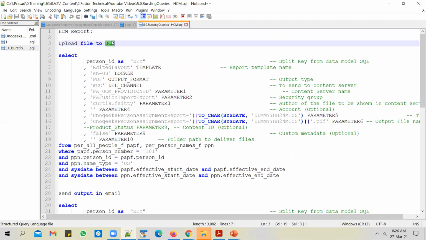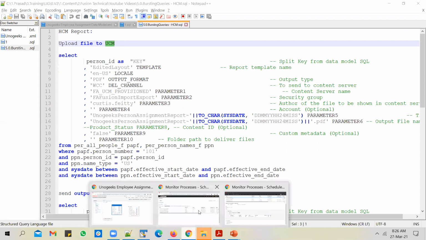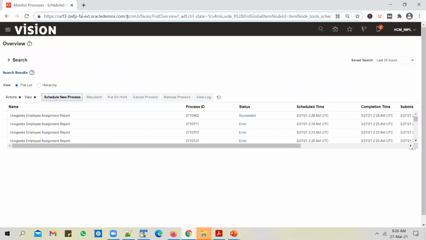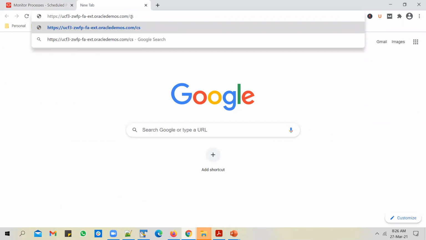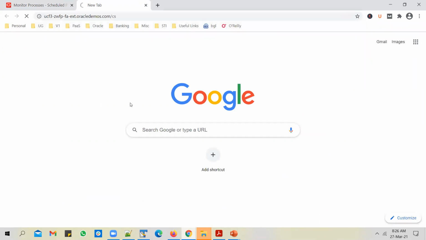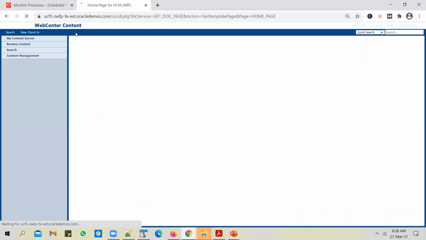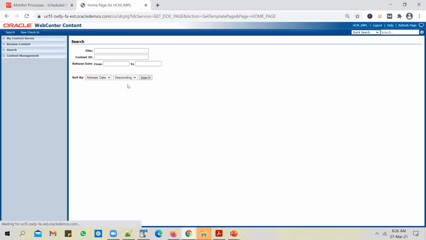In case you're not aware what UCM is, every ERP cloud instance comes with something called a content server or UCM. To access it, you copy the instance URL, paste it in the browser, and put CS at the end. CS stands for content server, and you access that link. It will take you into the content server page.